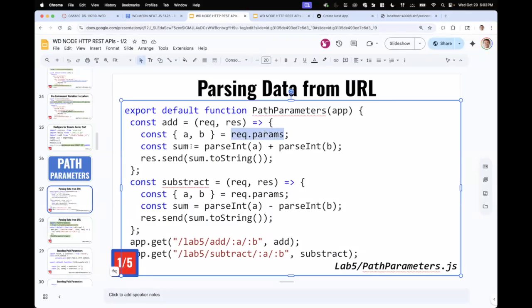So when you declare your routes, in the function that handles the route request,